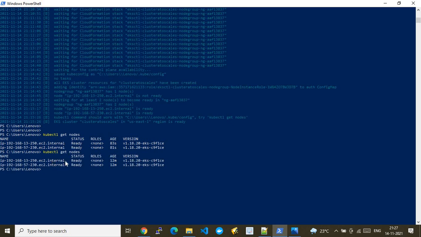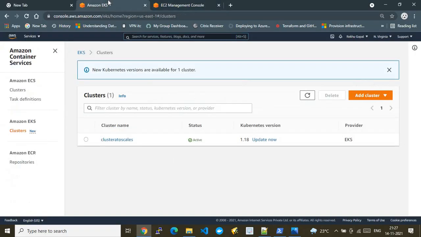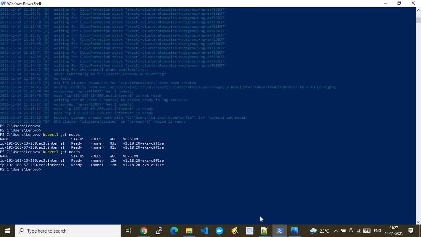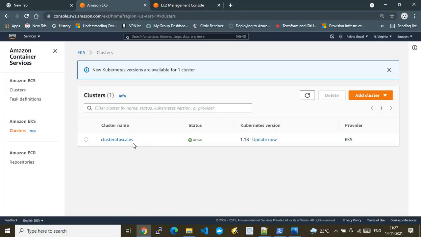All the EKS cluster master components will be running on these nodes, and these nodes are not suitable to run your applications or application containers. That's the reason we have to go to the next layer, which I will explain here. All right, this is my AWS console and my AWS account, and here is the EKS cluster that was created after I ran the command from here. So this EKS cluster is up and running fine now.